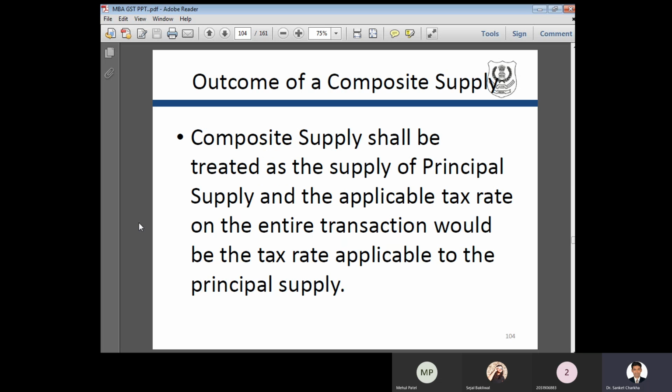Now let's take an example of what is the meaning of composite supply. For example, you are going to purchase a pen. If you go to a shop and purchase a pen, your main purpose in purchasing the pen is that you should be able to write with it. So it is the main purpose. So that is the principal supply. Now at the same point of time, whenever you are purchasing a pen, is it understood or taken for granted that the cap must be provided with that particular pen?